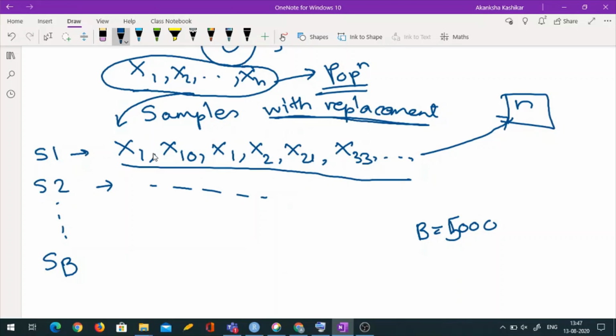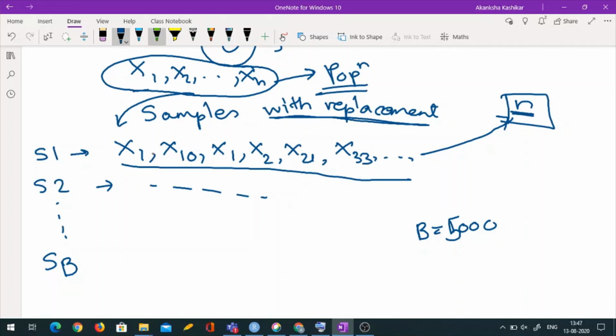And why do I want the sample size to be n? Because I know that the property of any estimator depends on the sample size. So if I am going to draw conclusions about the behavior of my estimator, I need samples of comparable size n. In fact, that's what we discussed yesterday while discussing jackknife also. So I have this sample of size n, but because I want distinct samples, we have drawn samples with replacement.